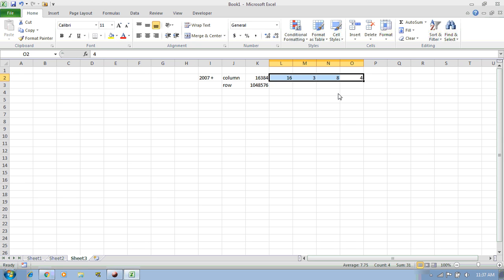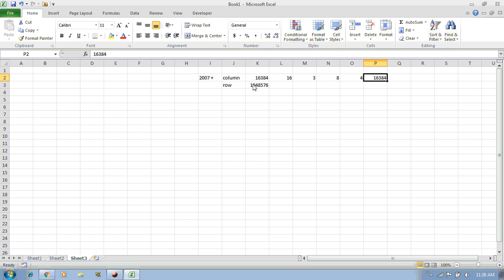Now if you concatenate these numbers, it will make 16,384. So by this example you can remember the number of columns in Excel. You divide 16 by 2, then you divide 16 by 4, so you will get the actual number of columns which are there in Excel.